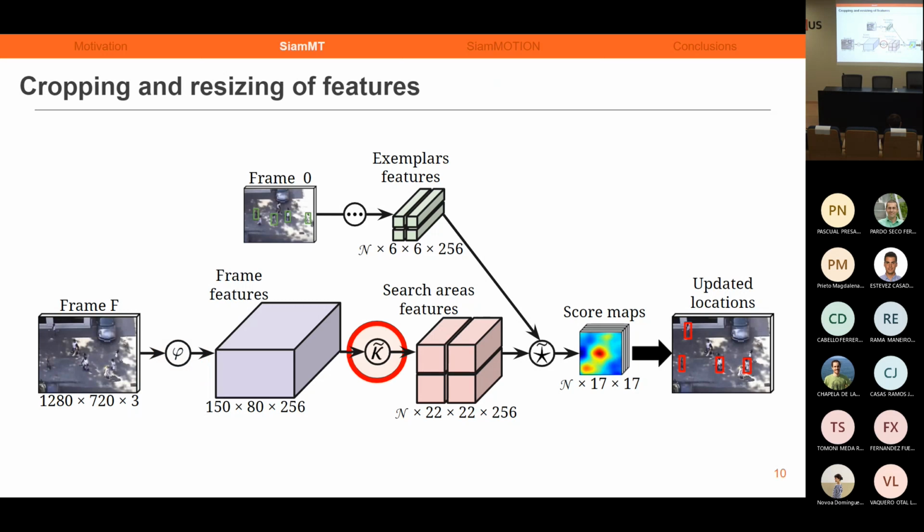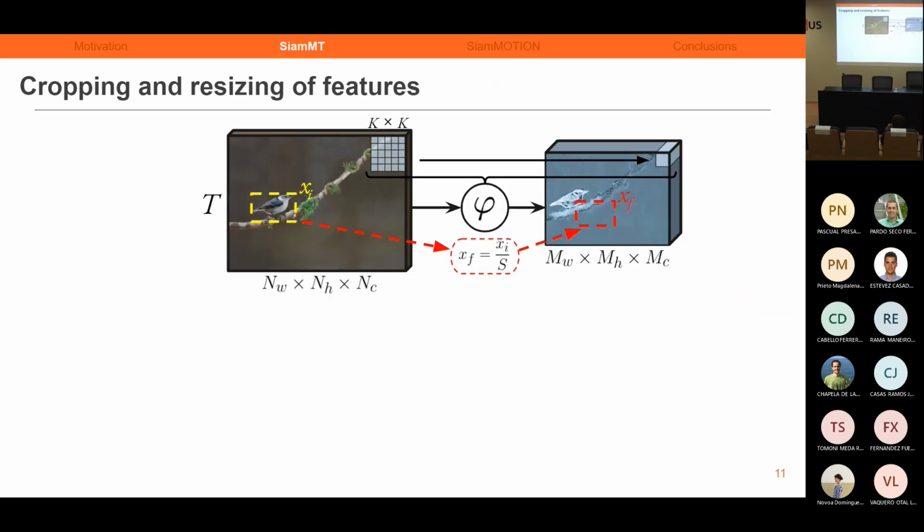Secondly, we can highlight our novel features crop and resize operation. In SiamMT, we crop features, not images. This operator is based on RoIAlign, but with only one sampling point per bin, and slightly modifying the coordinates transformation between images and features in order to allow it to work with backbones without padding. You see, when transforming